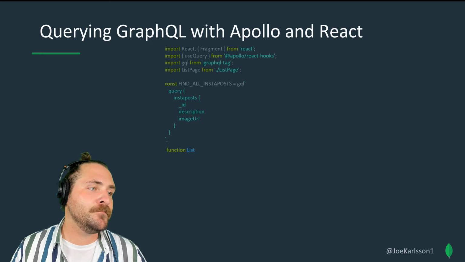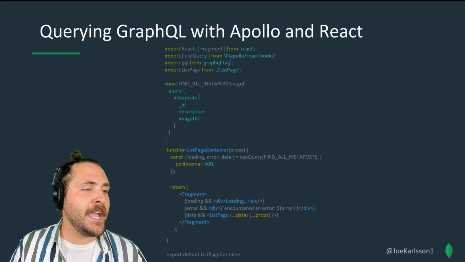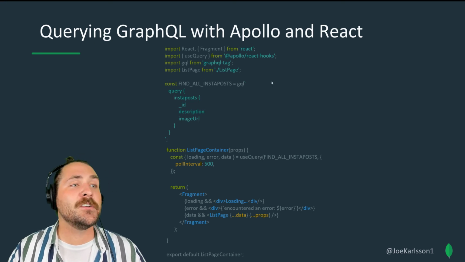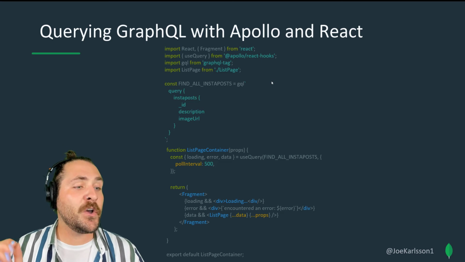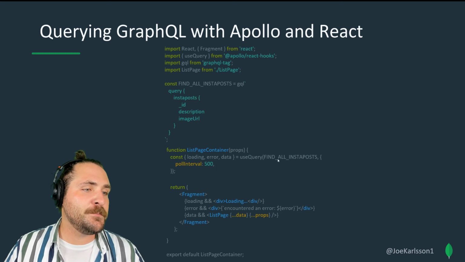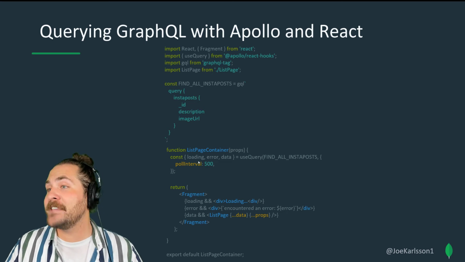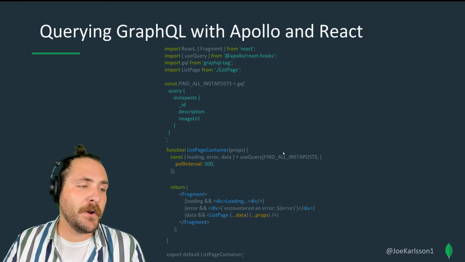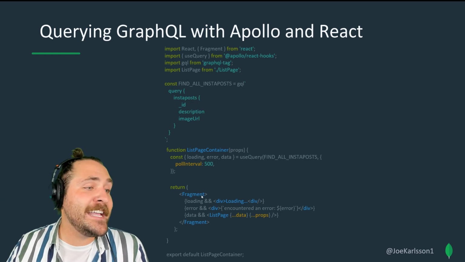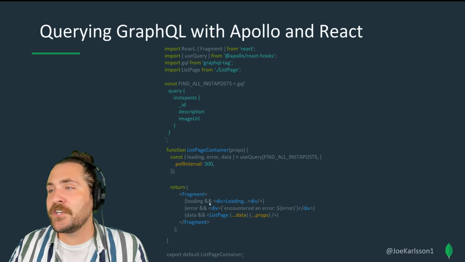It just works, right? Next we have our React component here. And what we're doing is using that React hook from Apollo to make a query for us, and we pass through that GraphQL tag that we defined up here. So we're just pasting that into the useQuery. And what's happening every 500 milliseconds, or once every half a second, is it's querying GraphQL using this query. And then Apollo has three states it returns back for you. It's either loading, it errored out, or it returns data. And we can conditionally show data in a React application based on what returns from that GraphQL endpoint.